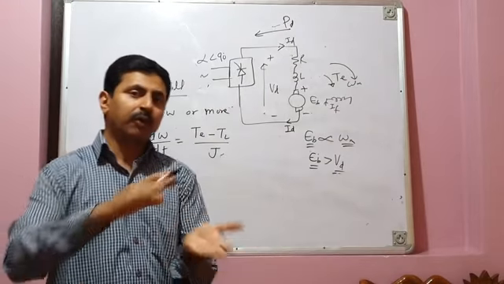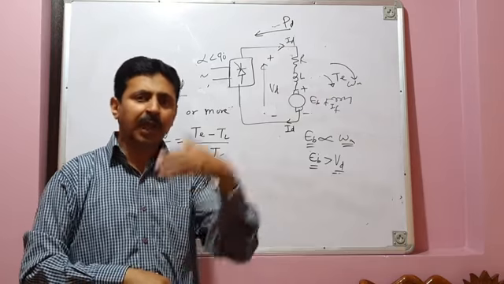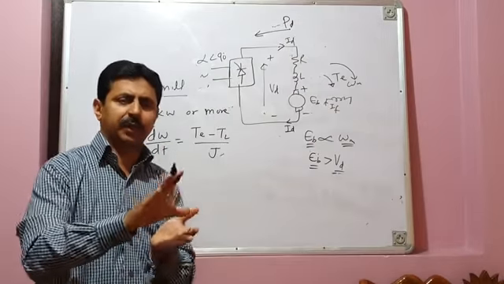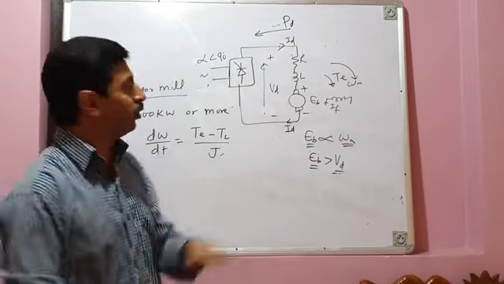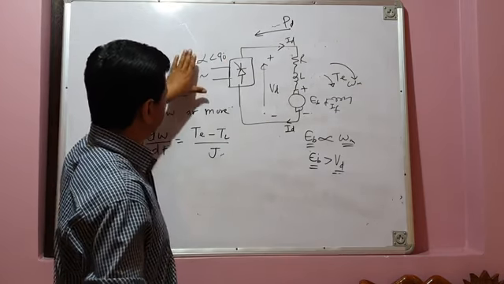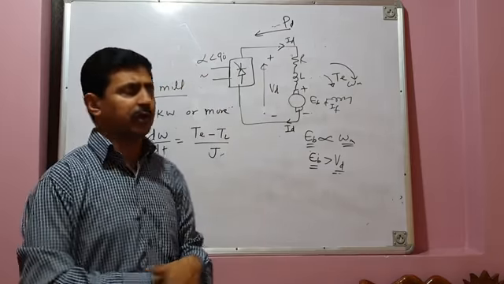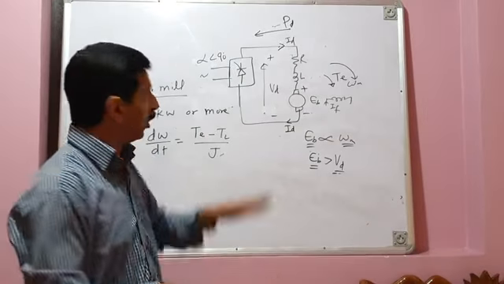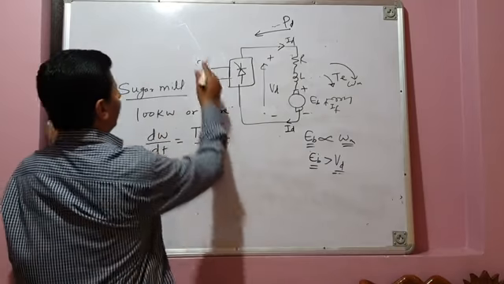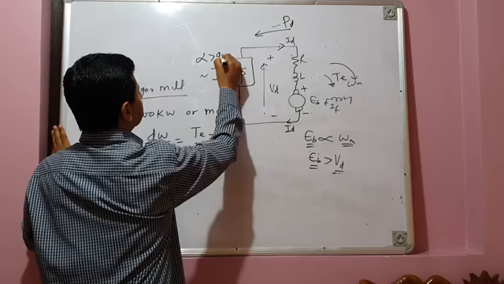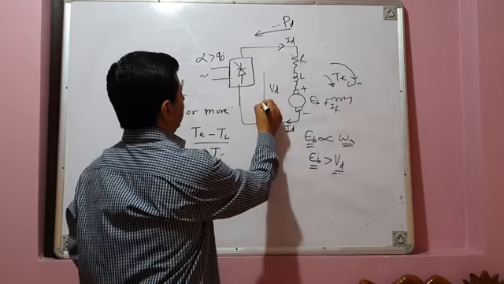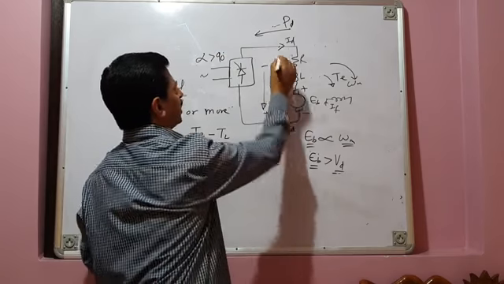Fine. Now you want to stop the motor and its load. What will you do? You will not disconnect the motor from source and apply mechanical brake. No mechanical brake will be applied. Your system will remain connected to the source. You are not switching off the supply. What you are doing, you are now making this converter operate in the inversion mode. For inversion mode, you are making alpha greater than 90 degrees. As soon as you make alpha greater than 90 degrees, since this is a fully controlled converter, the average load voltage reverses.